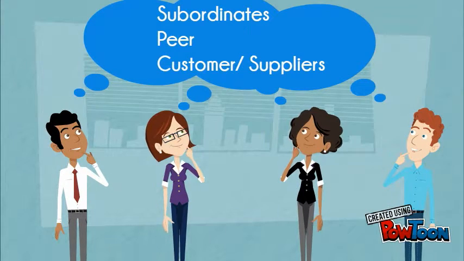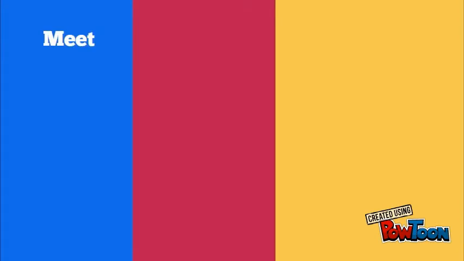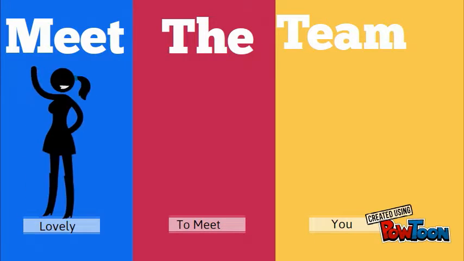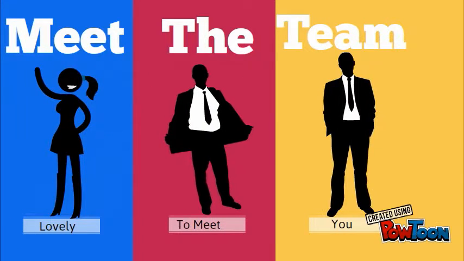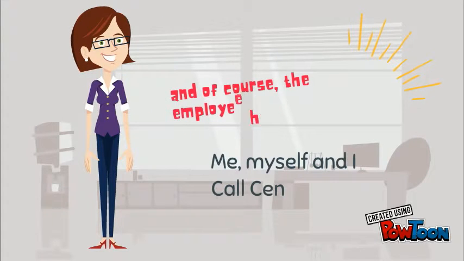The subordinates and peers of the employee know how he managed himself in the workplace, and feedback from customers and suppliers is needed to gain insight on how the employee conducts his affairs. Members of a team who may hold different positions are asked to appraise each other's work and work styles, and may eliminate biases. And of course, self-appraisal.